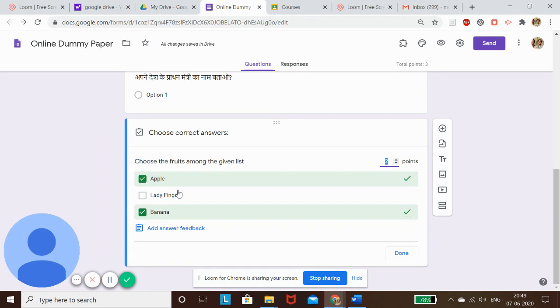Partial marking of the question is not possible in Google Forms. That means if the student has not selected all the correct answers, the Google form by default will assign 0 marks to this question. So what you have to do is, do not release the marks if your paper is having any such kind of question.